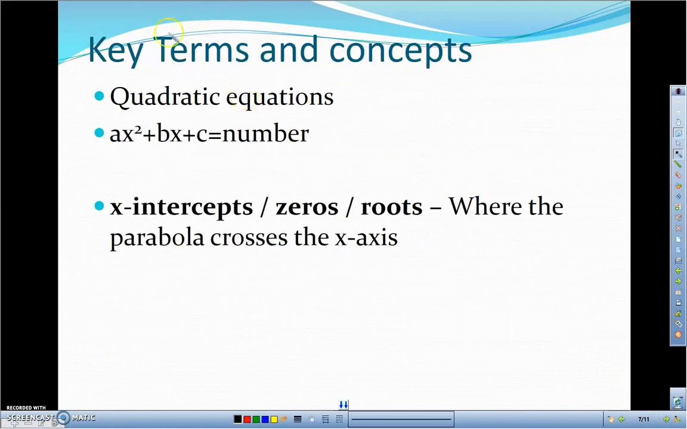Here we've got some key terms. The quadratic equations. An equation is an expression with an equal sign in it. So there's equals, and we're going to look at when it's equal to a number and we can solve it, whether it's 0 or some other number which is positive or negative. And ultimately this is going to turn into finding the x-intercept, zeros, or roots, and this is where the parabola crosses the